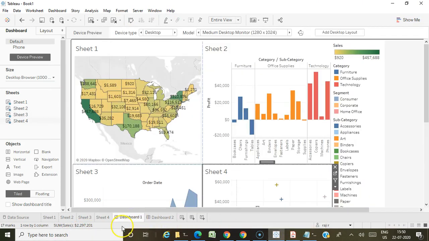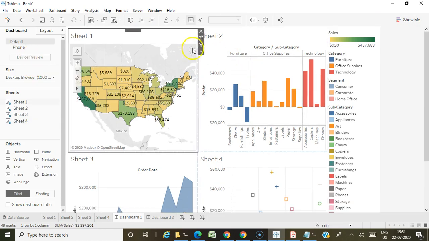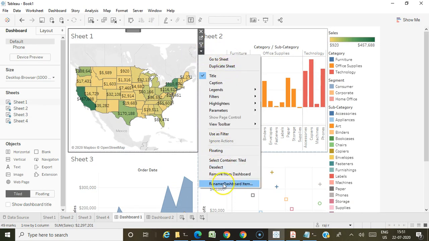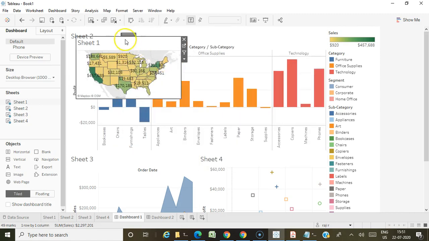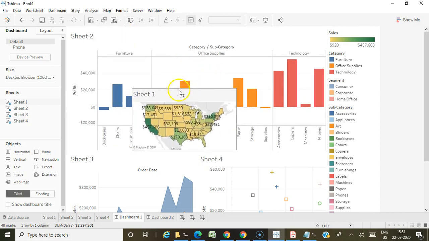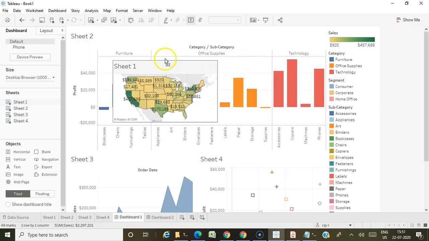and how to design a dashboard. And also if you see here, for each view you have some properties, right? So if you click here, you have some properties, right? So just look at these properties also. Okay, and we have two types, floating and fixed layouts. Okay, by default it is in the fixed layout, that is your tiled, the container is tiled. In case I make it floating, it is free flow where I can just drag and place it anywhere.